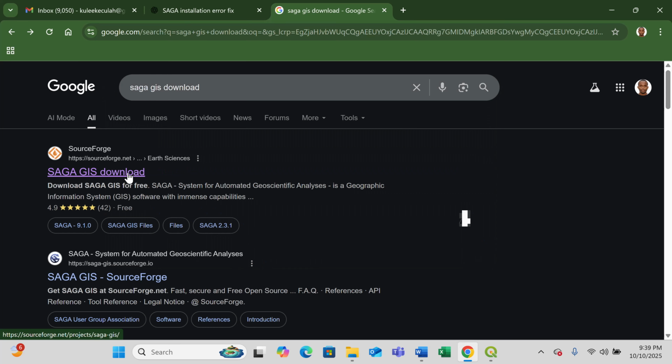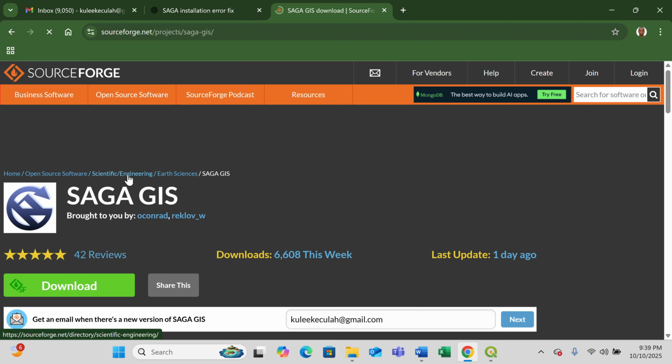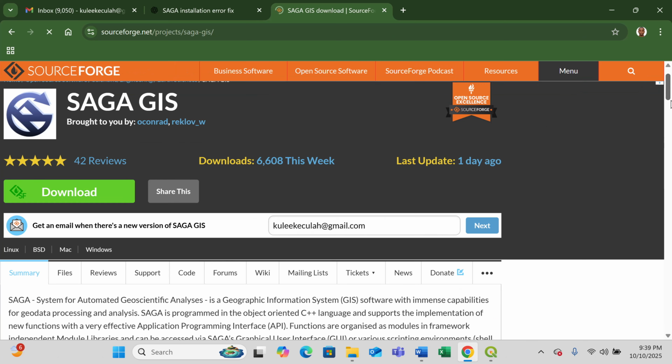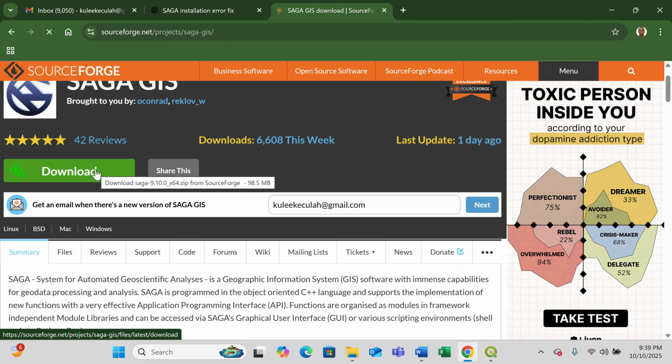You click on Saga GIS download here in the options that come, and then you will see this green button here that allows you to download the latest version of Saga GIS. As you can see, once you hover your mouse over it, you will see the version. This is Saga 9.10.0. If you can recall, the last time we came here, the version here was Saga, I think 9.9.2,